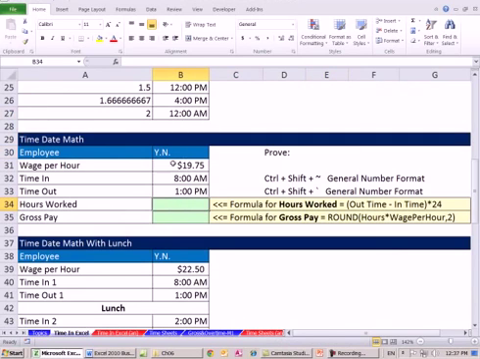Right, so we have an employee, a wage, and here's their time in the morning and time out in the afternoon. Hours worked. Let's first look at the basics. The basic of time math will always be the later time minus the earlier time. 1 p.m. would be